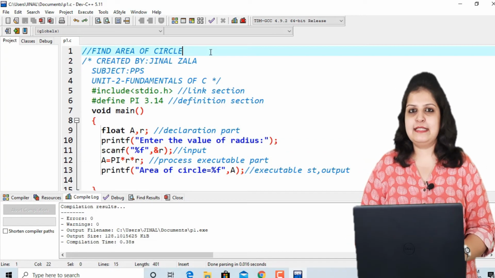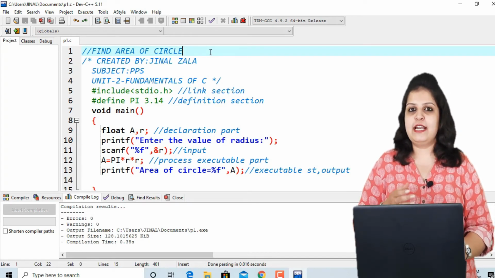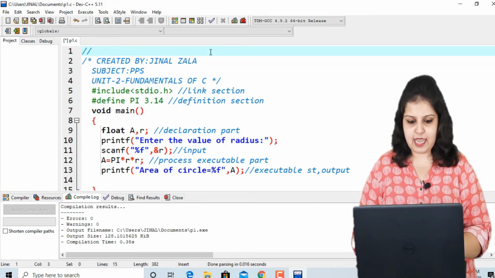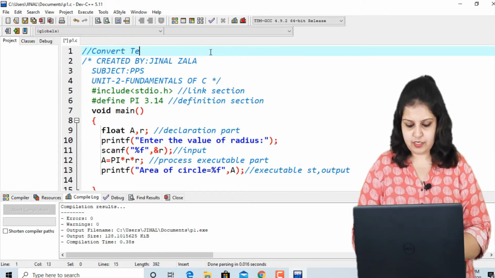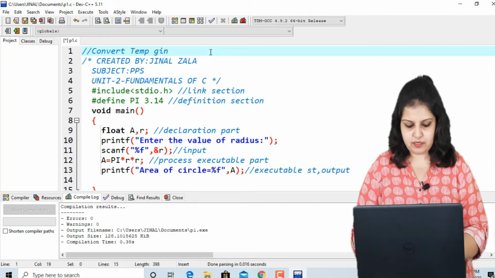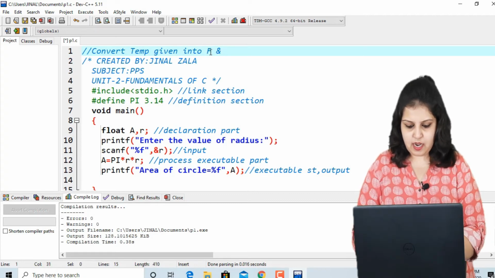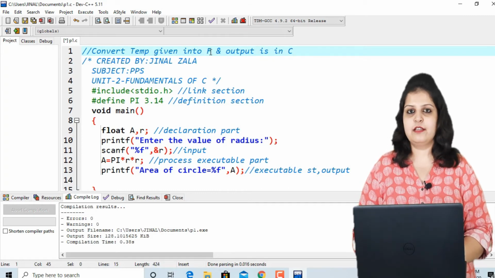Let's take another example for better understanding: convert the temperature that is given in Fahrenheit into Celsius. So just change the definition in the comment line: convert temperature given in F and output is in Celsius.